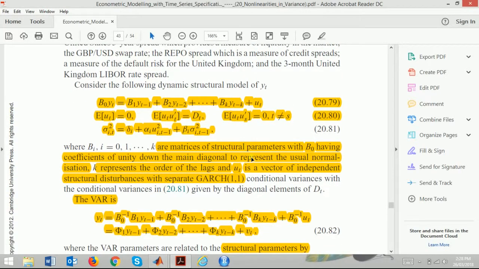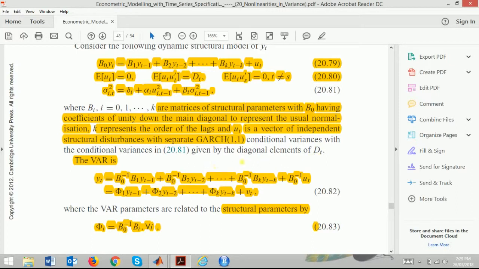And this is iterative. I want to create a matrix of structural parameters with beta naught having coefficients of unity down the main diagonal to represent the usual normalization. So beta naught has 1 down the main diagonal. K represents the order of lags. U is a vector of independent structural disturbances, each of which has a separate GARCH. So in the case of U, each element has a separate GARCH. So the VAR with diagonal D